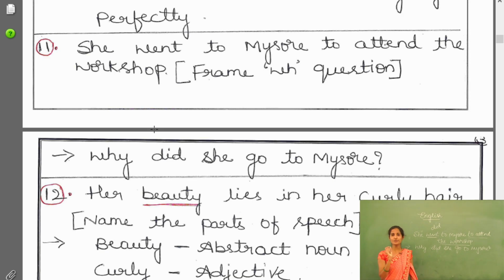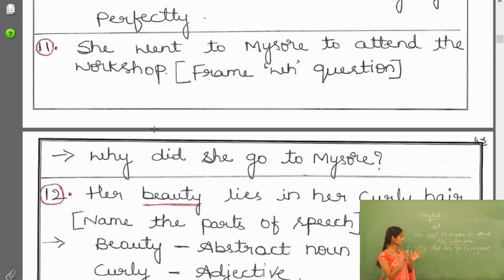When you are asked to frame a question in the question paper, if there is a helping verb, use the same helping verb right after the WH word. If there is no helping verb, look at the main verb. If the main verb is in the present form, then you have to use do or does. If it is in the past form, did. If you use did in the statement or the question, the next main verb should convert into the present form. That is the rule, that is the perfect WH question.